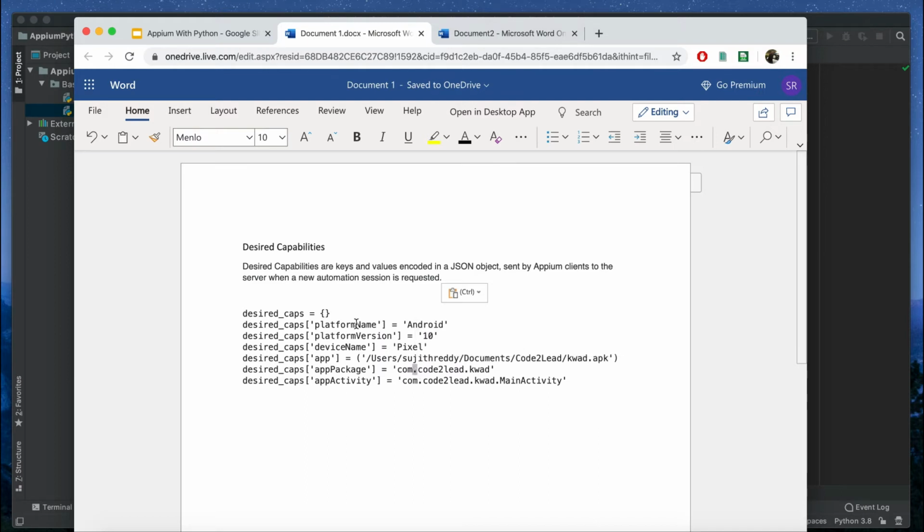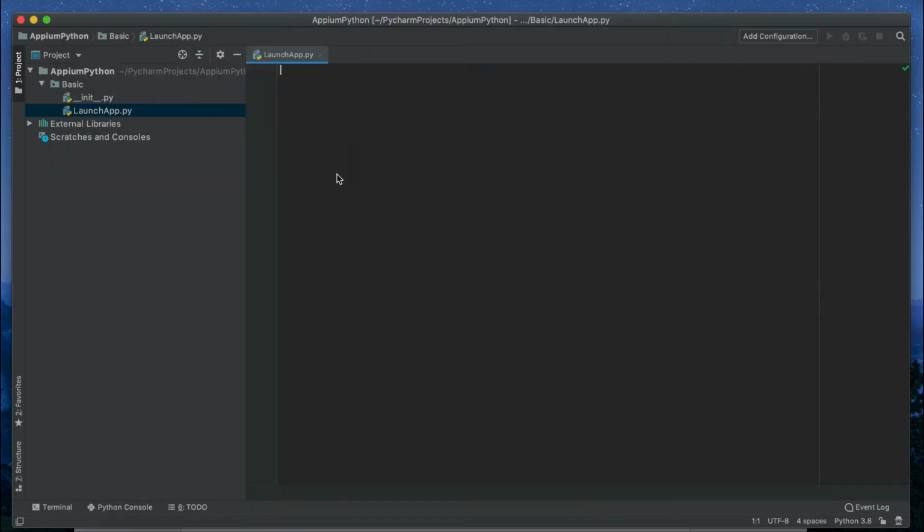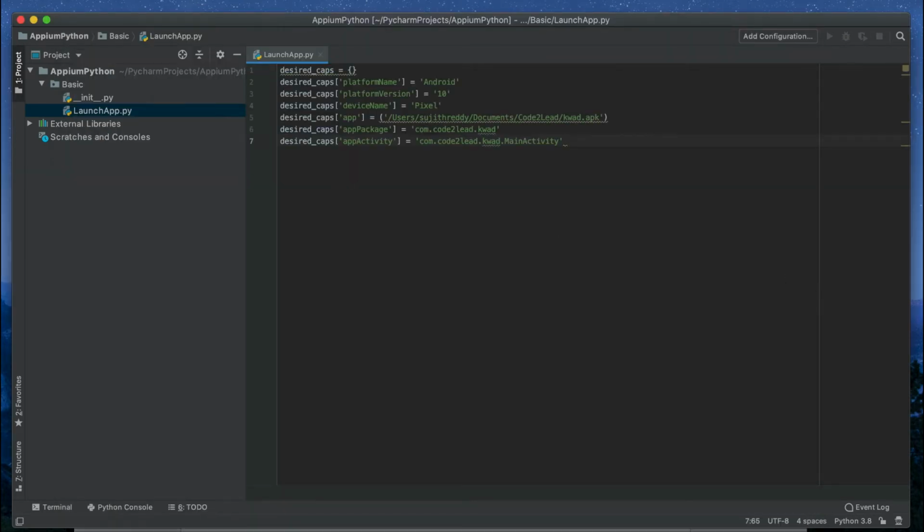All these desired capabilities we need to define in our code so that whatever we are going to do on the particular app will work. Copy this complete set of capabilities and paste it here.